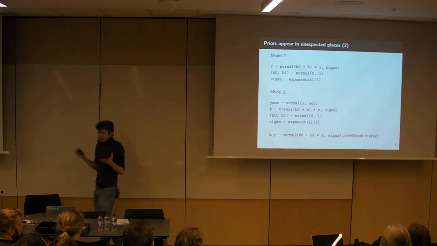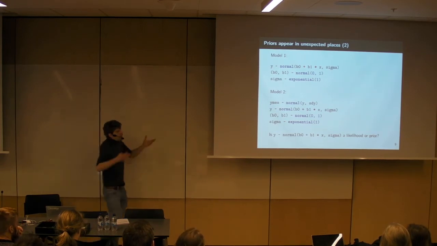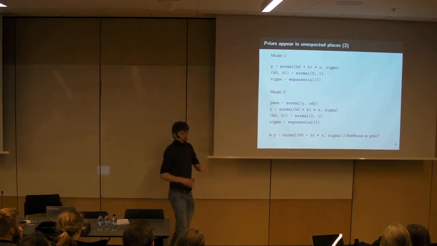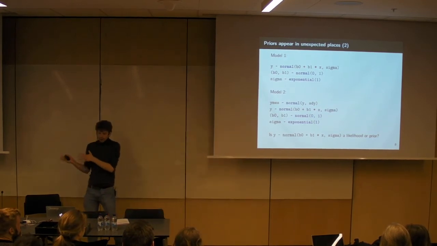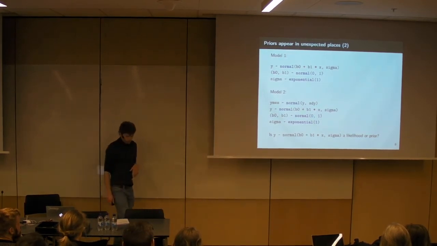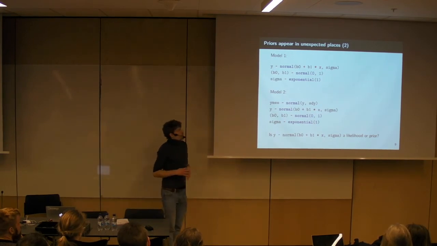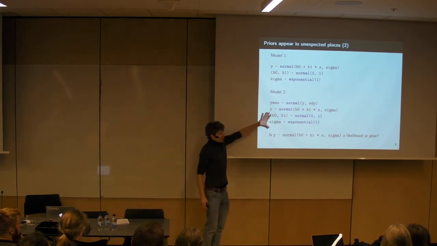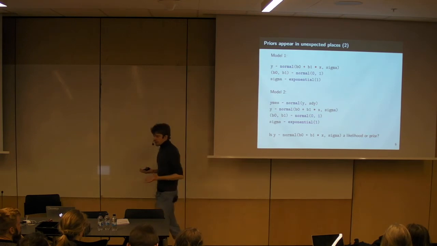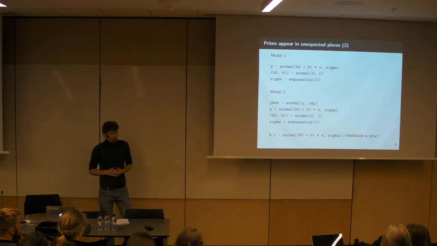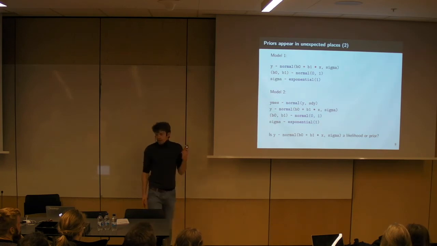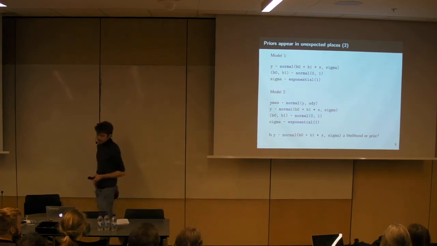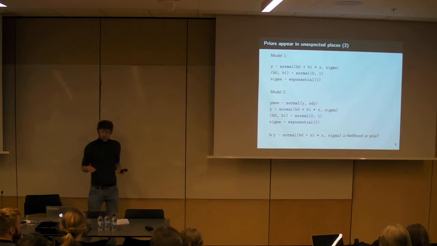So Bayesians are not surprised. It's just a distribution over some quantity, whether it's unknown or known doesn't really matter. We just have to have enough knowns to identify the unknown. But we cannot really express the second model consistently in a frequentist framework, because then we end up using priors even though we don't have the concept of priors. So priors appear in unexpected places, also in frequentist statistics.